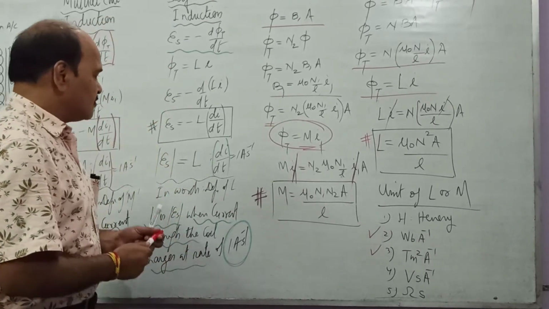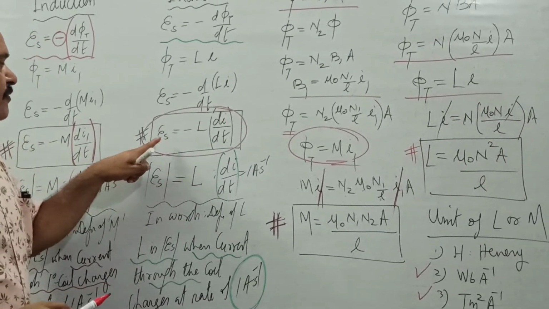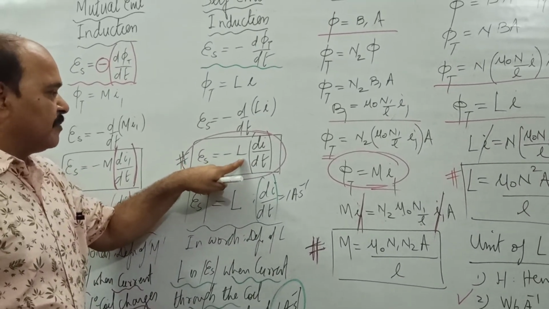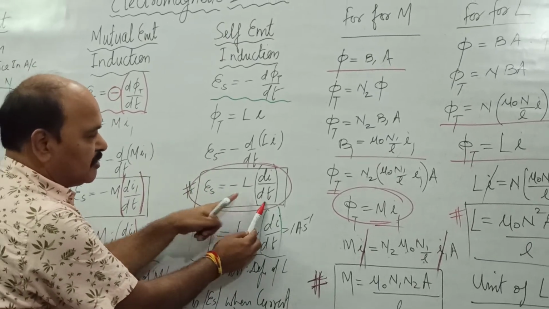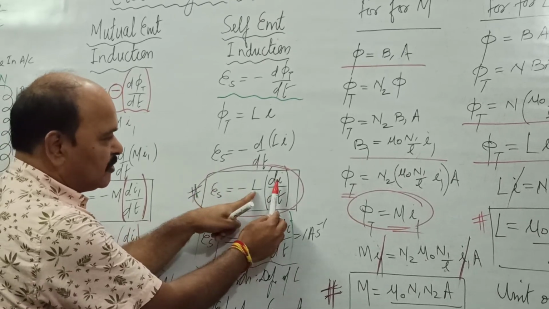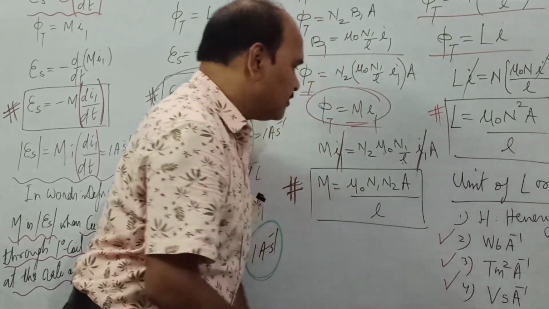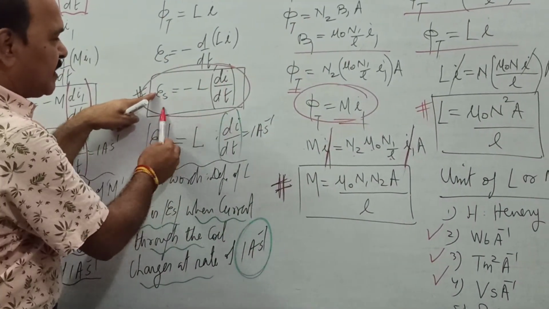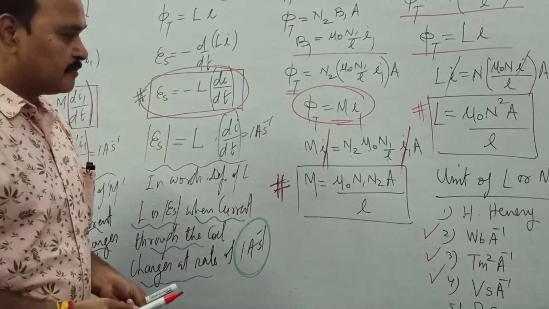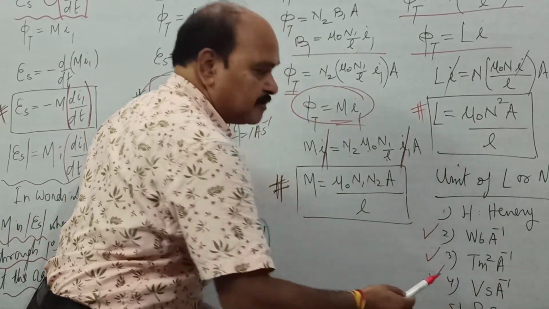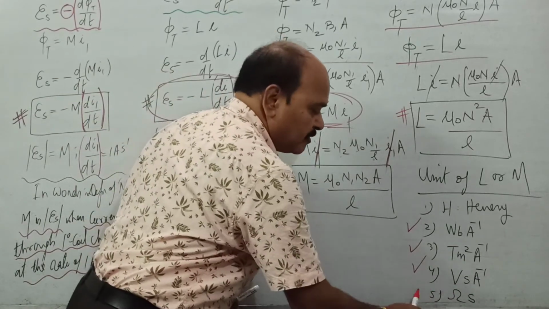We can use this relation also to write down the unit for M or L. So what is the unit of L from here? The unit of L from here is going to be the unit of induced EMF, that is volt, into the unit of time, that is second, upon the unit of current, which is ampere. So volt second per ampere is the unit of L, and of course M also. Well, volt per ampere, that is voltage upon current, is what? Resistance. Volt per ampere is ohm. So this is the fifth unit.